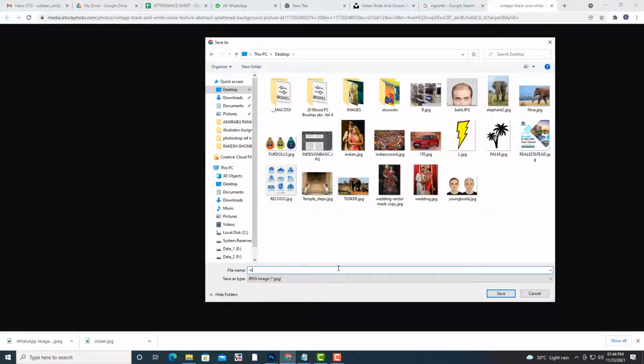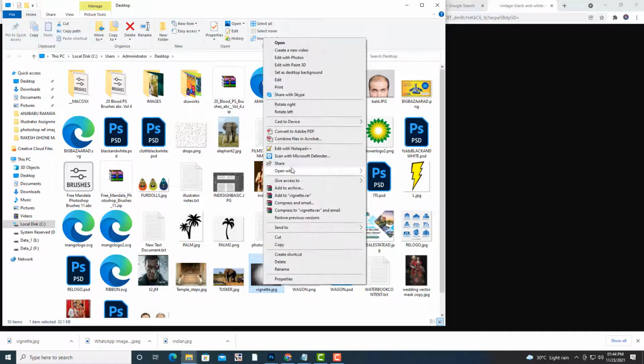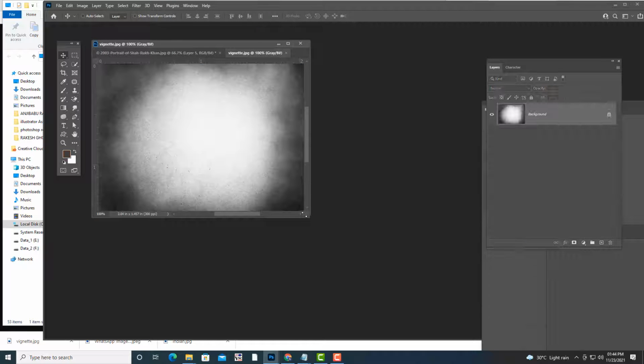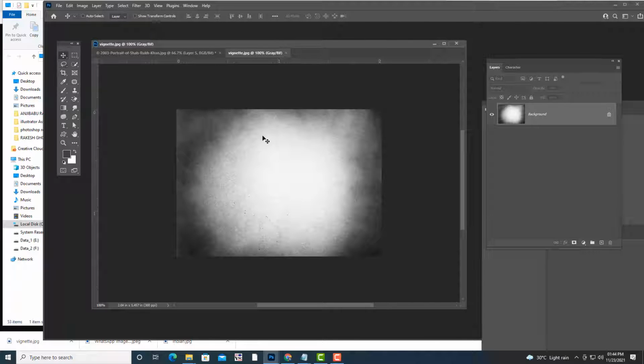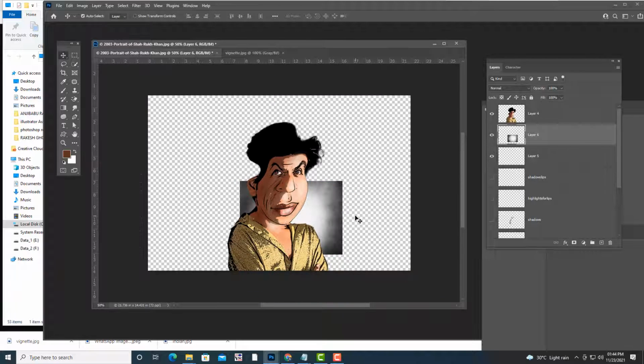Okay, so just open it in Photoshop. So we'll just drag it behind the Shah Rukh Khan's image.